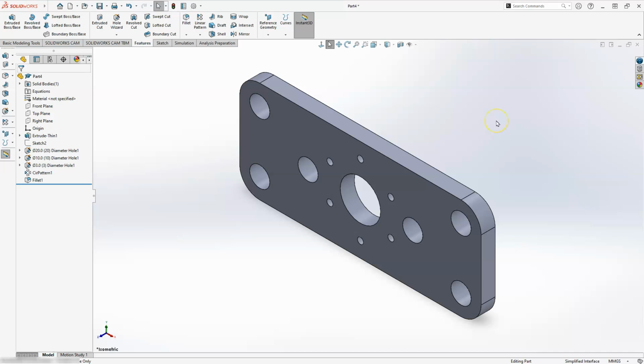All right, but hopefully you enjoyed this one. This is a good video of showing you patterns using the hole command and how to set that up, as well as a thin feature or a thin offset or